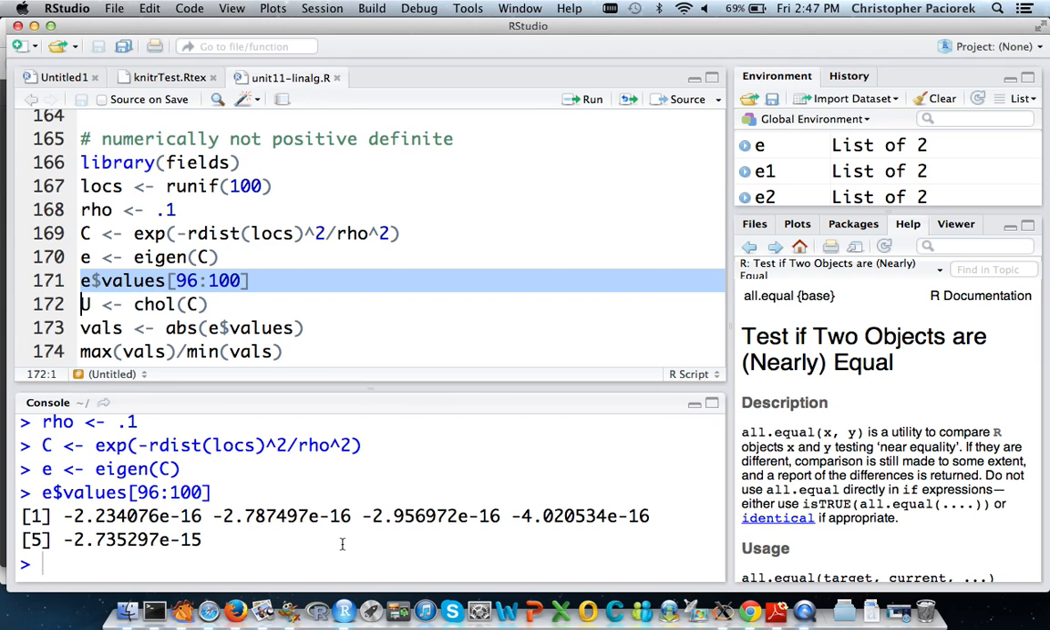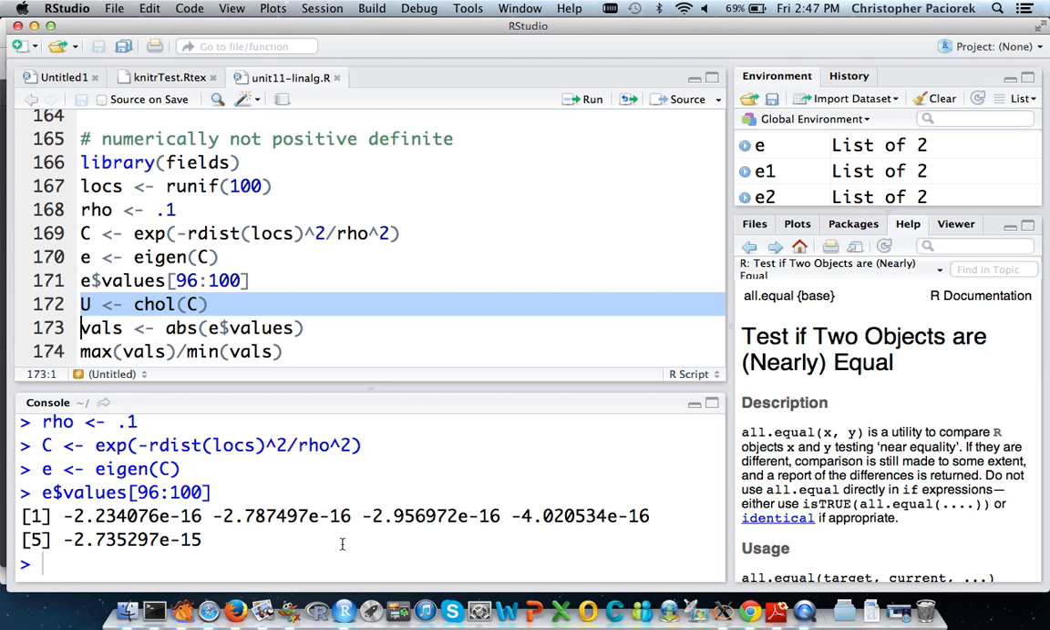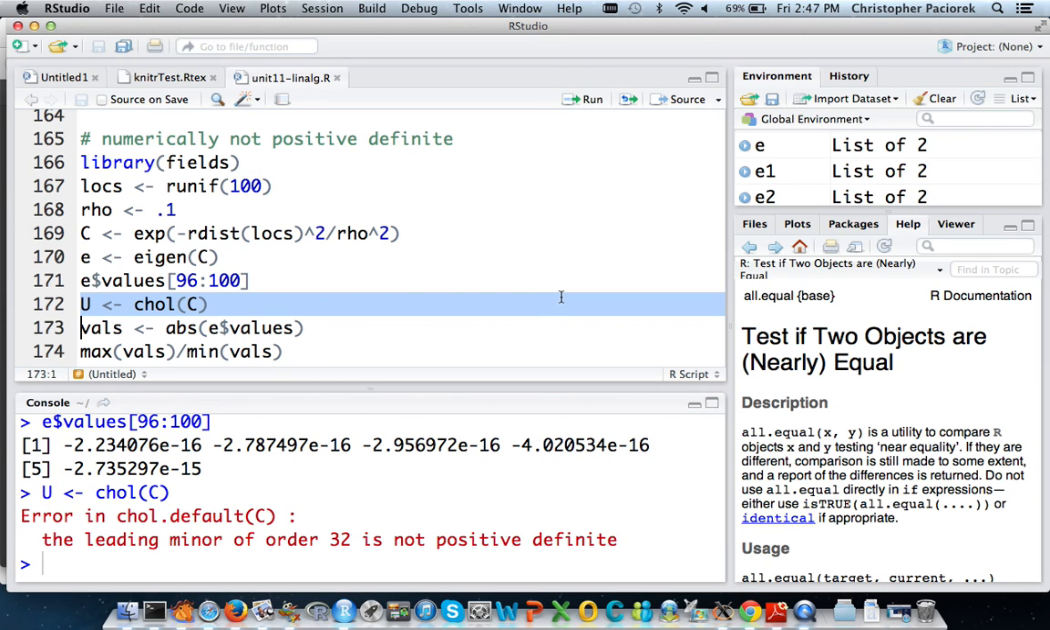We could do a generalized inverse here, which would be the standard way of dealing with this if we were using the eigendecomposition. But basically the same numerical inaccuracy messes us up if we try to do the Cholesky decomposition. It says, wait a minute, the leading minor of order 32 is not positive definite. So basically what it means is it was marching along, starting with the first row, marching along the second row, and when it got to the 32nd row,